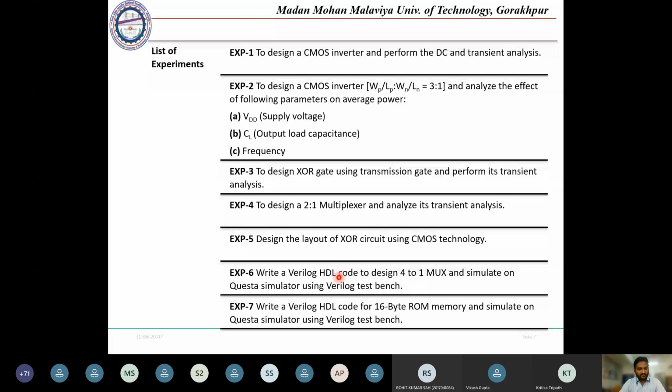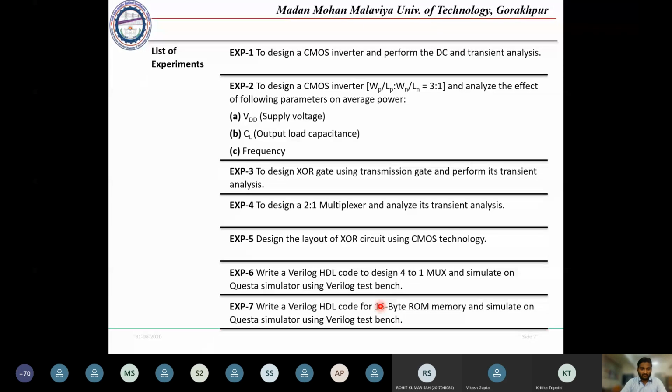So in Verilog, we can have a transistor, and that transistor can be considered with input and output, and its performance we can detect by using Verilog also. We will be using Verilog to design a 4x1 MUX, and we will also see how we can design a ROM in Verilog.